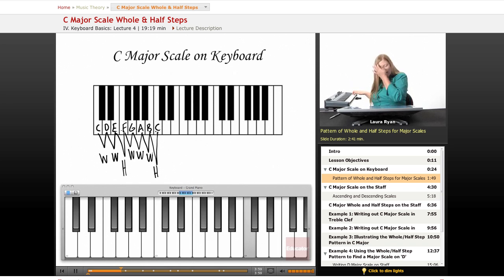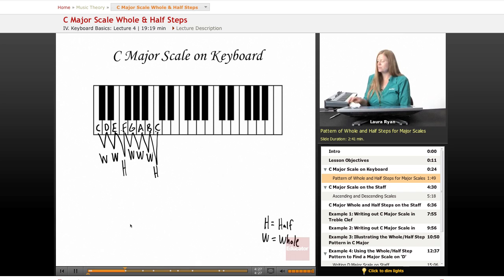A major scale wouldn't be the same without these half steps. Let's play only whole steps on the keyboard and see what it sounds like. Whole step, whole step, whole step, whole step, whole step, whole step. This is a scale using only whole steps. It sounds really different than this. Okay. Moving on